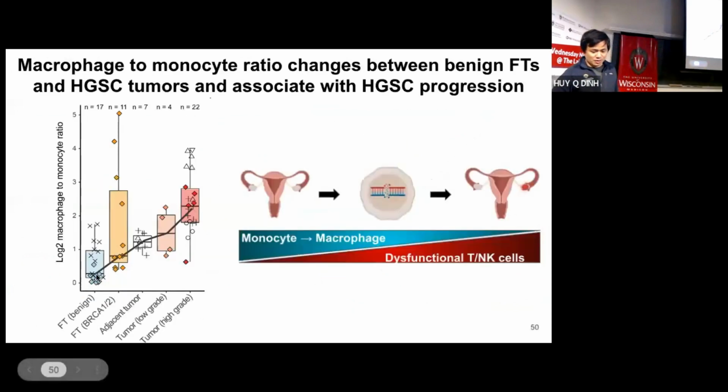Yeah. So this is a patient who doesn't have cancer. This is also from patients who do not have cancer. They carry a germline mutation, and then they remove their fallopian tube. That's why we get the tissue, right? They are not cancer patients, but we found some of them look more like tumor. Of course we cannot predict it. We don't want anyone to get cancer, but that is our hypothesis. If the patient carries this germline mutation and has the immune phenotype like we saw, that is a pro-tumoral immune phenotype in our opinion, but we don't have the evidence. Don't take my word for that. That's our hypothesis.